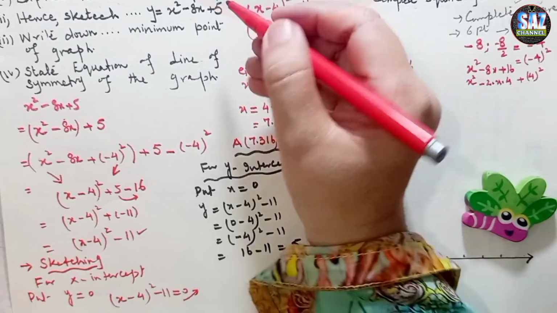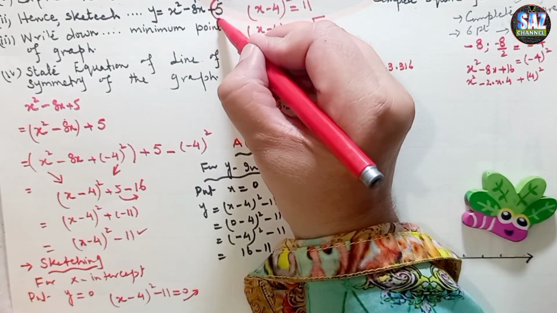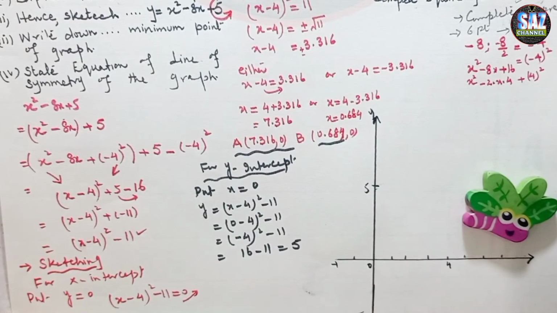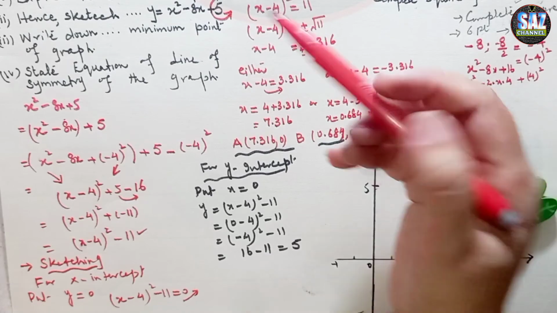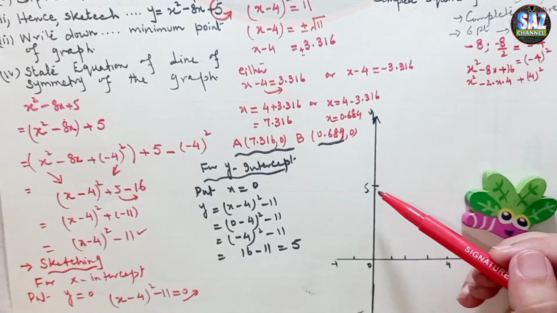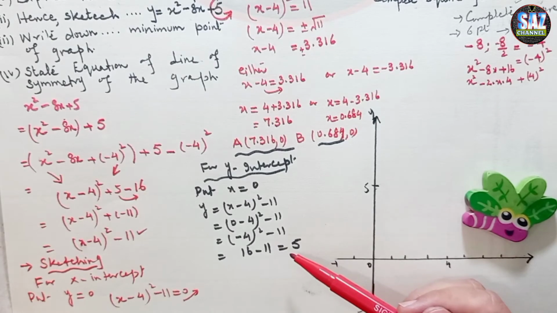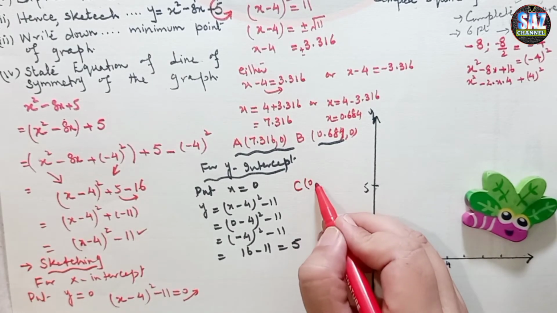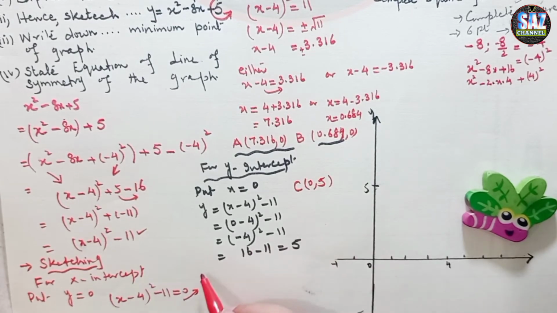from the given equation as well. I'm just calculating the y-intercept in order to give the idea to my students that if they do not understand that the constant added to this quadratic equation will be the y-intercept, they can go with the calculation as well. So the third point that we are getting is (0, 5), and then it's the time for